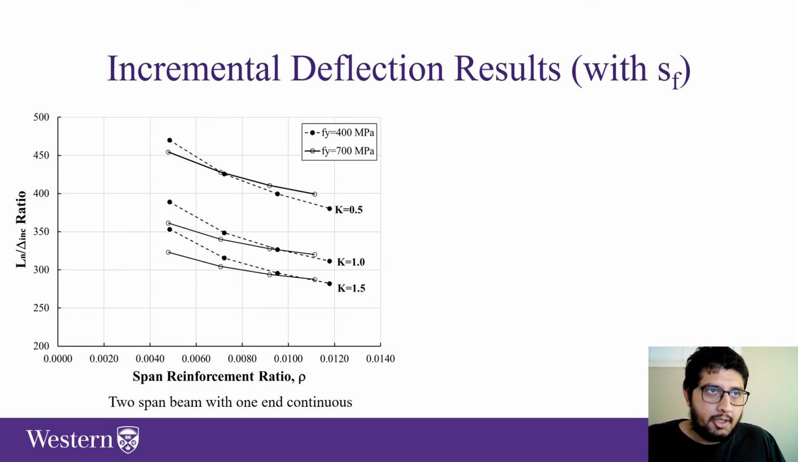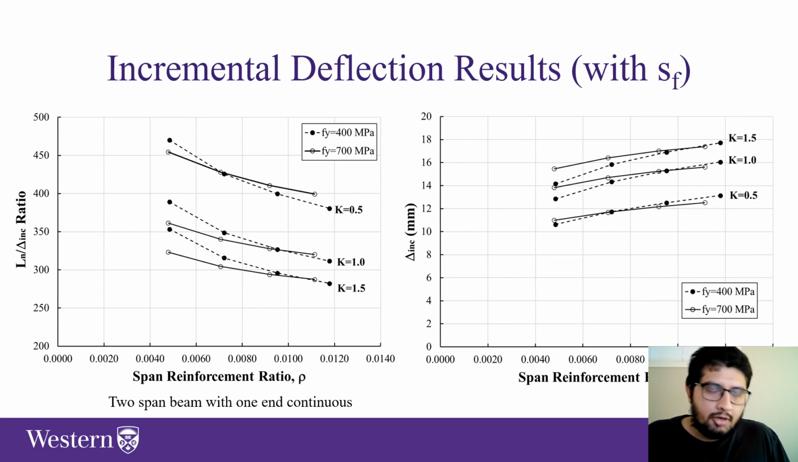On the horizontal axis, we have the span reinforcement ratios. We're comparing in this figure the yield stresses of 400 MPa and 700 MPa, and specified live to dead load ratios are ranging from 0.5 to 1.5. The figure on the right is the associated figure. On the vertical axis, we have incremental deflections, and on the horizontal axis, we have the span reinforcement ratios. The span length is 5 meters,